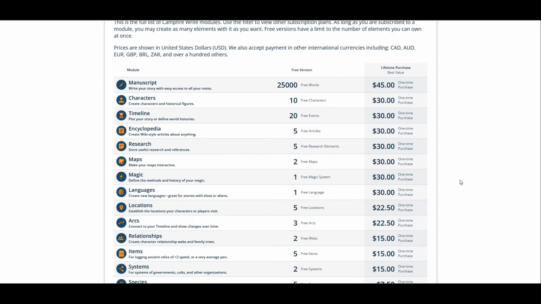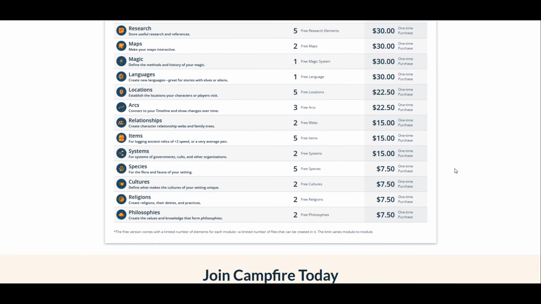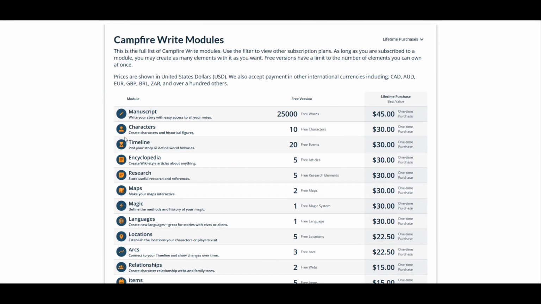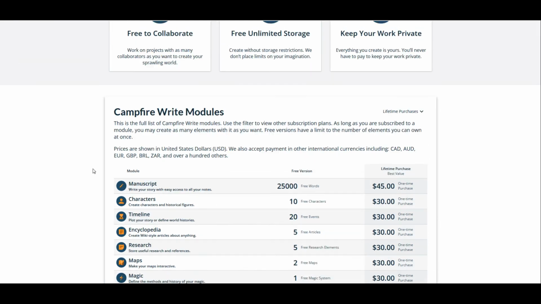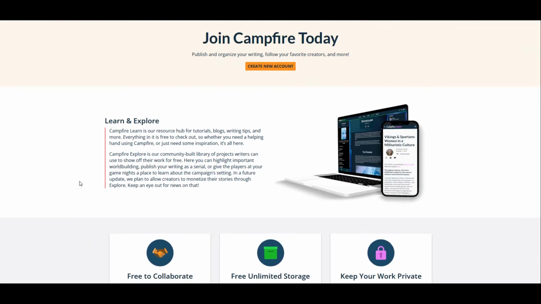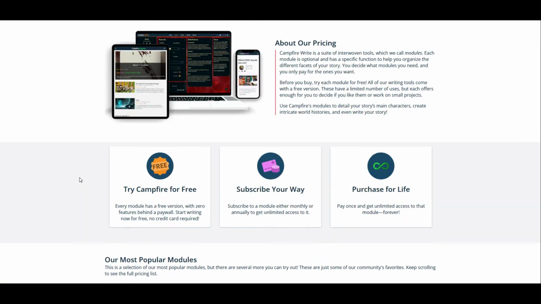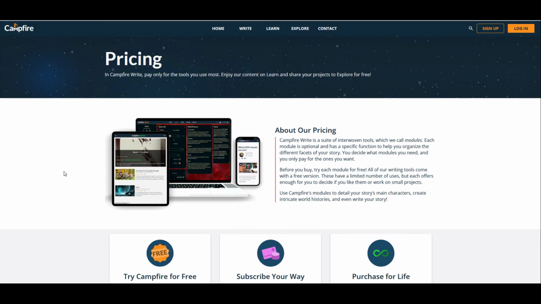But at the end of the day, I will always advocate for desktop only, but that's not what you're getting anymore, and that's not what people are making anymore. So if you're going to settle for anything that gives you all of this, then Campfire Write is the better option. So anyway, I just wanted to throw that out there since it is news, and I don't cover enough news here, but I do think maybe I should start.